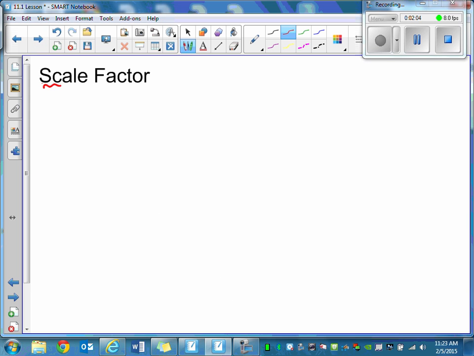When using scale, you're always going to have a scale factor. For example, maybe I have a scale factor of 1/8, or 1 to 8. This means that for every 1 unit on the model,